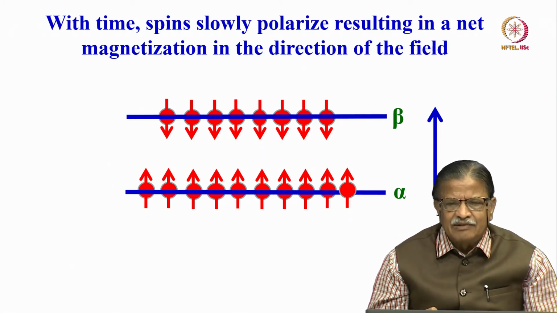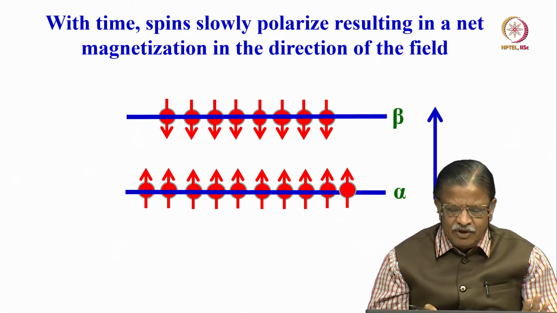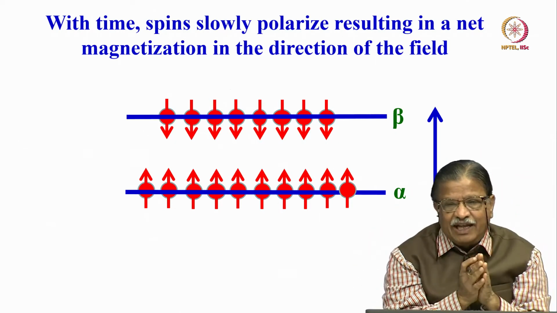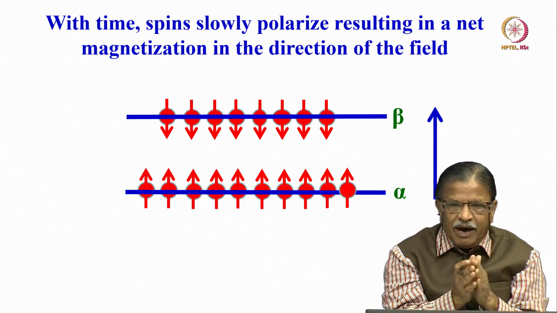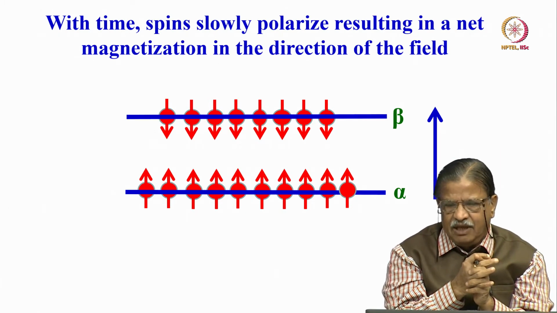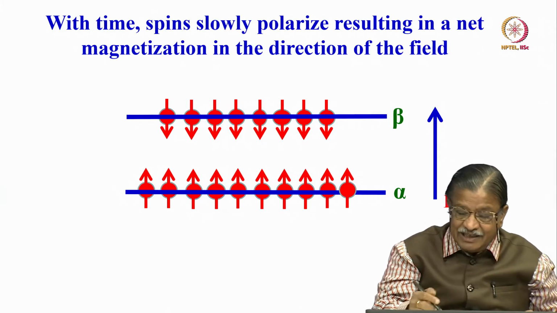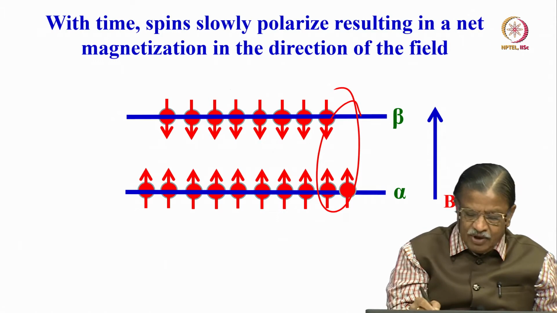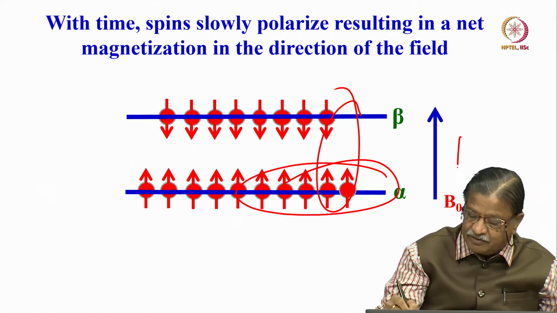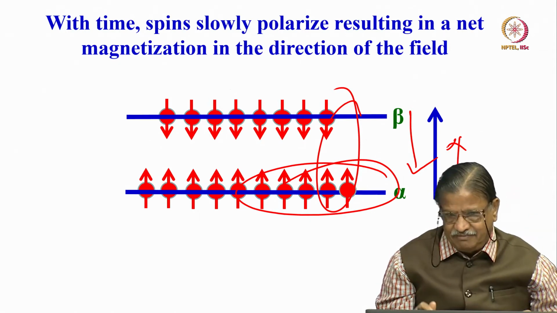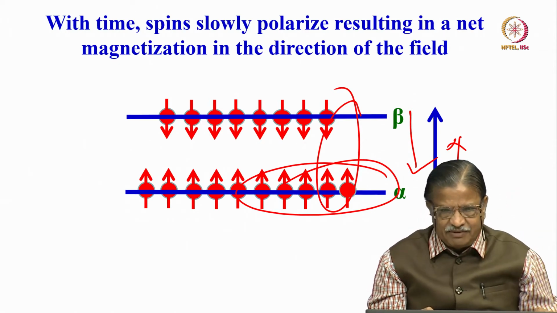Then wait without doing anything for some time. Slowly the spins start polarizing along the magnetic field direction. They come back to the z axis. They automatically get polarized, and in doing so, generate a population difference between alpha and beta states. Now you see there are more spins in the direction of the field than opposing it. This is what we discussed. This is because of the Boltzmann population.